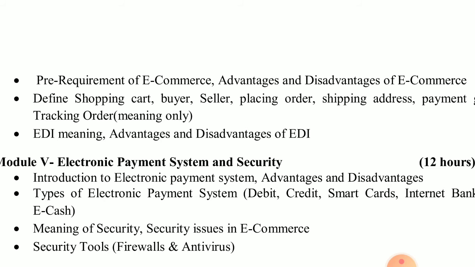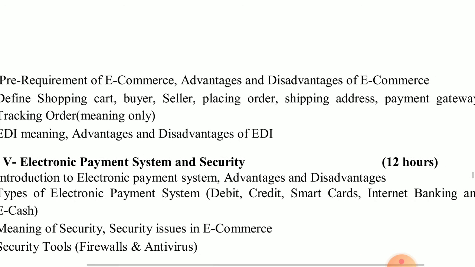See, if you buy anything online, if you like any product and want to buy that product later, then you can add that product in the cart, that shopping cart. Buyer means the person who is buying, seller means the person who sells the products. Placing order means, see, if you like any product, at the end you can fill in all the information and order that product, give the order to place an order.